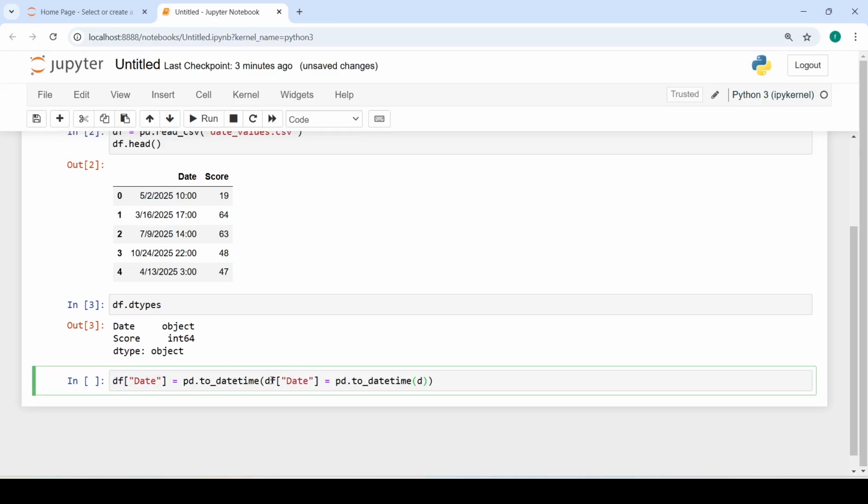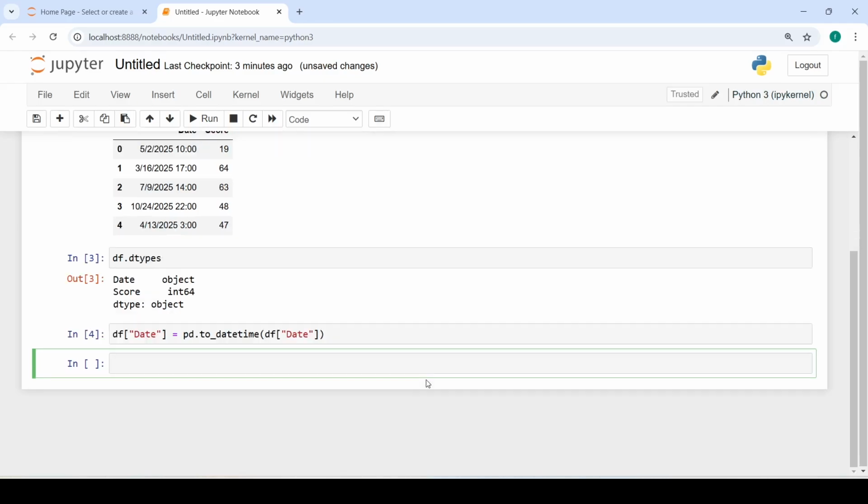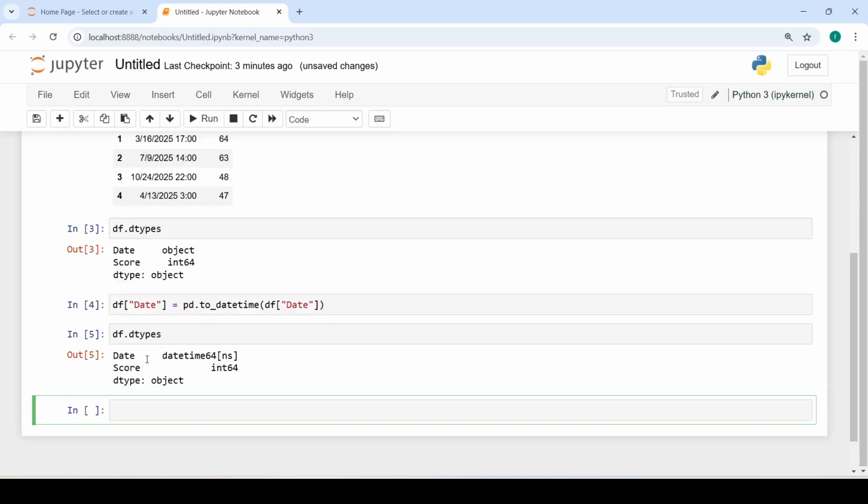Not the entire one, but I just want to paste df of date. Now let us execute the code, and if I check the data type again,